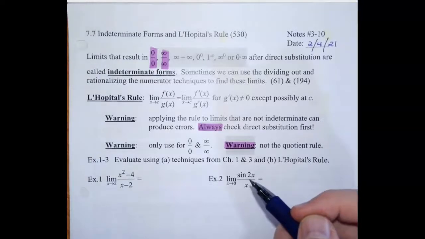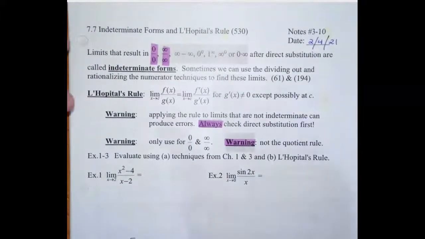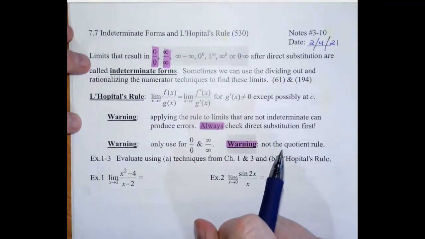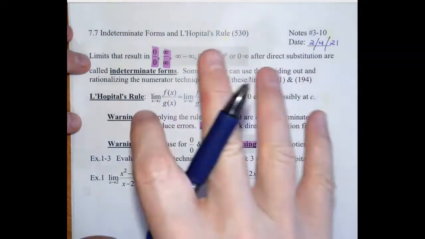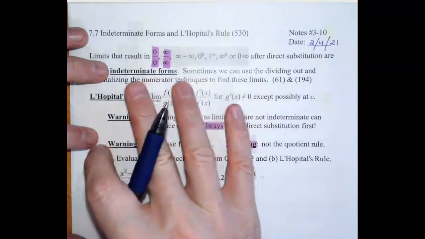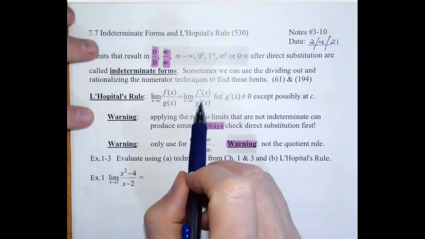Alright, so we finished up Chapter 5. We have this one lesson from Chapter 7 and then a couple from 6 and we're done. So the first thing we want to talk about here goes back to limits, but if you're wondering why we didn't do this in the limit chapter, it's because we're going to be taking derivatives to help us